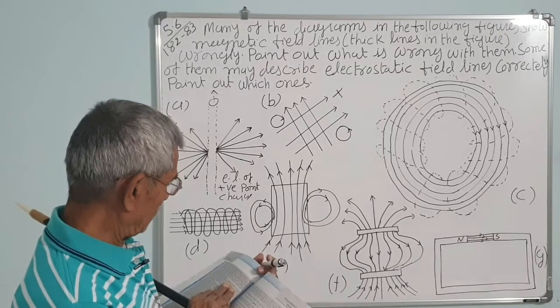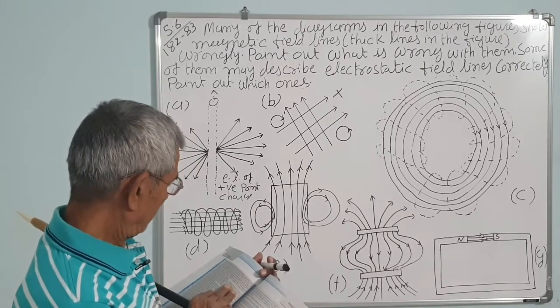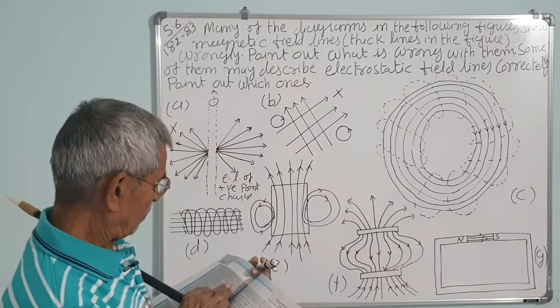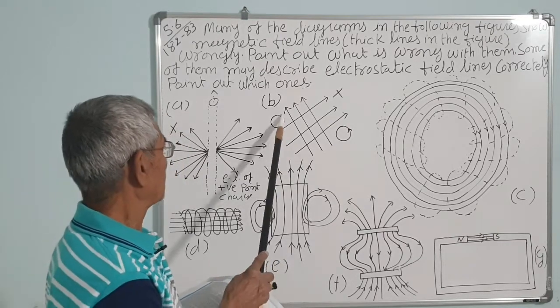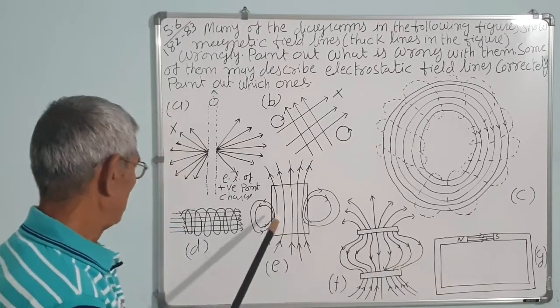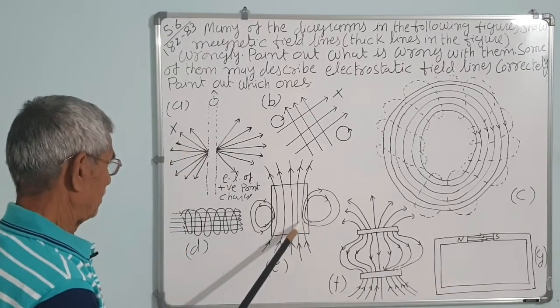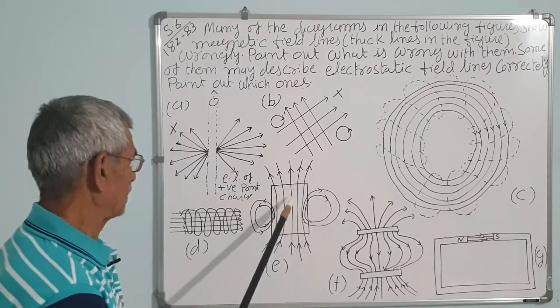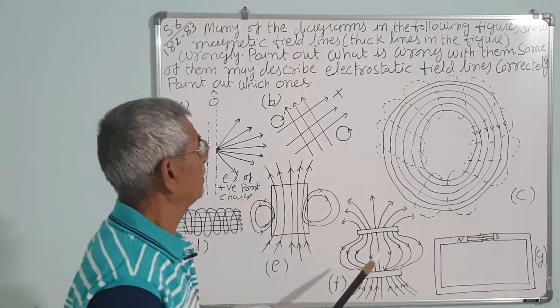There is further arrow in the figure. The magnetic field lines can never form a closed loop around the empty space. In empty space they never form. If it is a magnetic field, space of the magnetic field, then they form the closed loop. This is the correct figure. It's of a bar magnet.